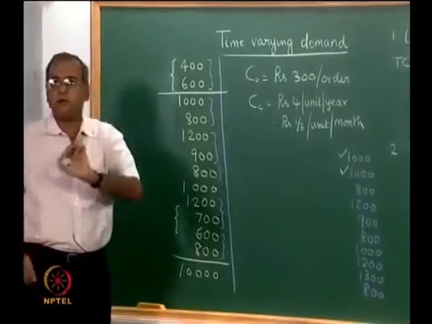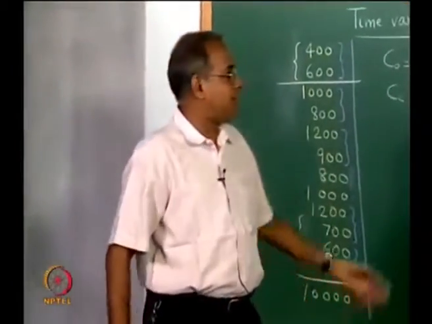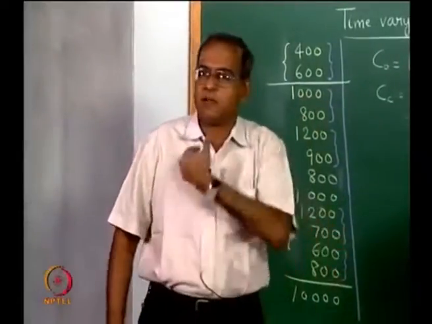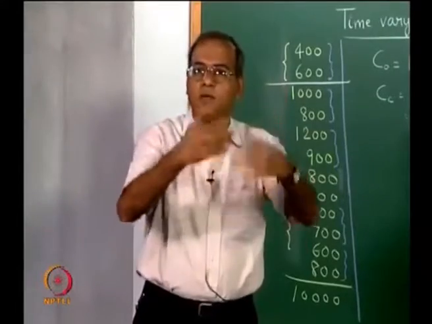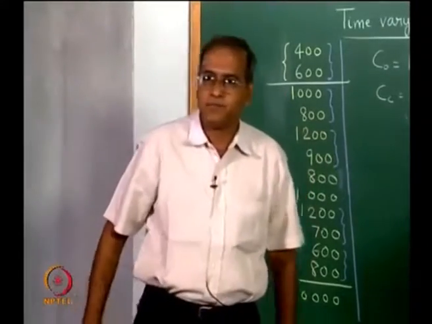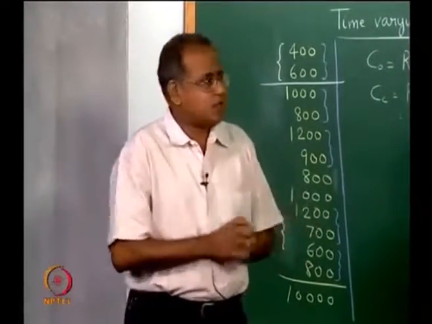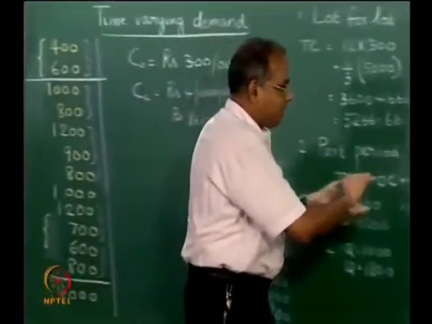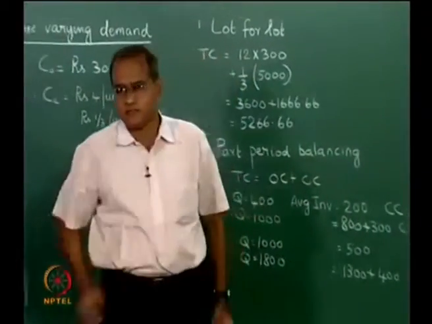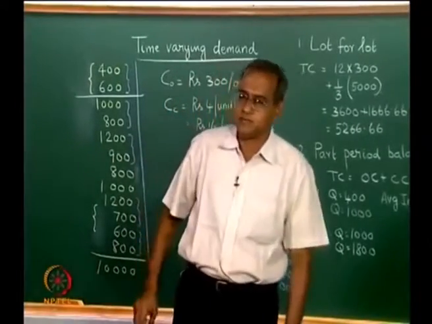So, it is possible to do what is called a worst case analysis and show that, whatever the problem and whatever the number of time periods, part period balancing will be within 1 plus x of the optimum, or Silvermeal will be within 1 plus x of the optimum. Between the two, researchers have found that part period balancing is a little better amenable to that kind of analysis. So, there are some results which talk about the goodness of part period balancing.